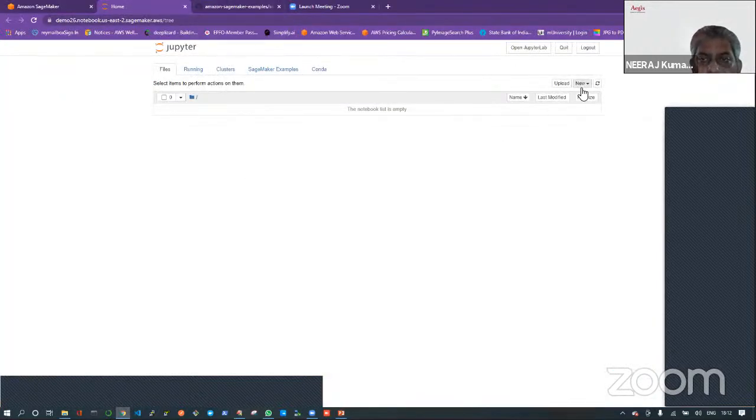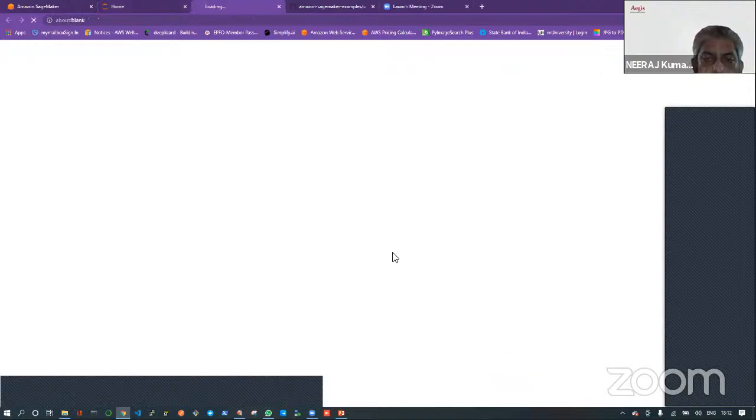Before going into that, let me open one terminal. Everybody can see this terminal, right? Okay, so this is the EC2 machine which I have provisioned. When I started SageMaker, I created a notebook instance. So this is the terminal of that instance on which my Jupyter notebook is also running. It is a backend black and white screen terminal.